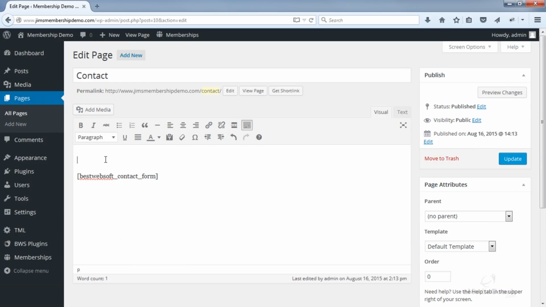What I can also do is I can put some text above that. And then choose a full width template and update.